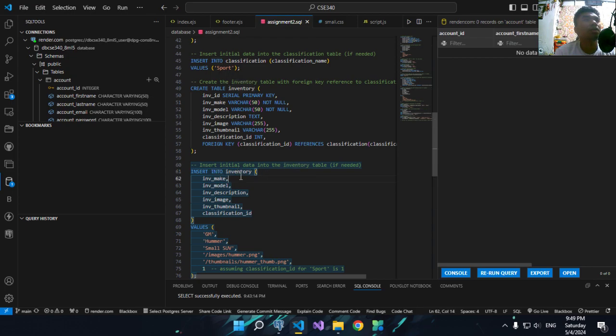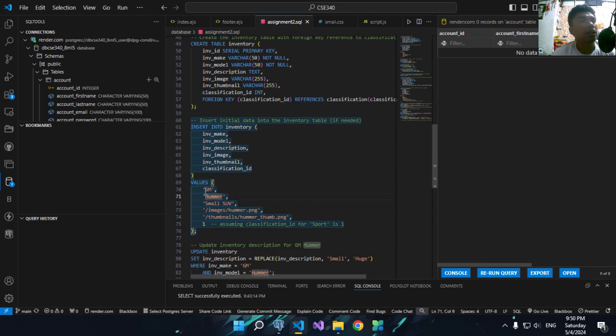So this inventory is set with the variable types or data types in this section, at line 57 and line 59. The next is insert into inventory, with columns inventory make, model, description, image, thumbnail, and classification ID.